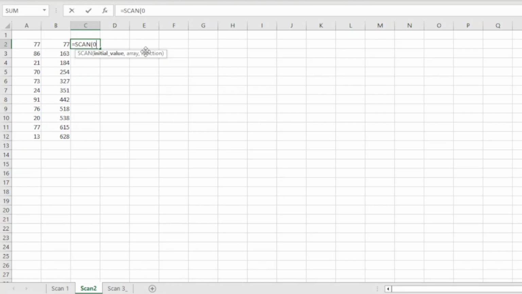My initial value is 0 because we don't have any value over there, and my array is from here, which is my A column, and then my function will be LAMBDA, x comma y comma x plus y. Close the bracket, hit enter. You will get exactly the same values, right? Hope you have understood the difference between generating the sequence on text and on numerical values. And now we may have a doubt: